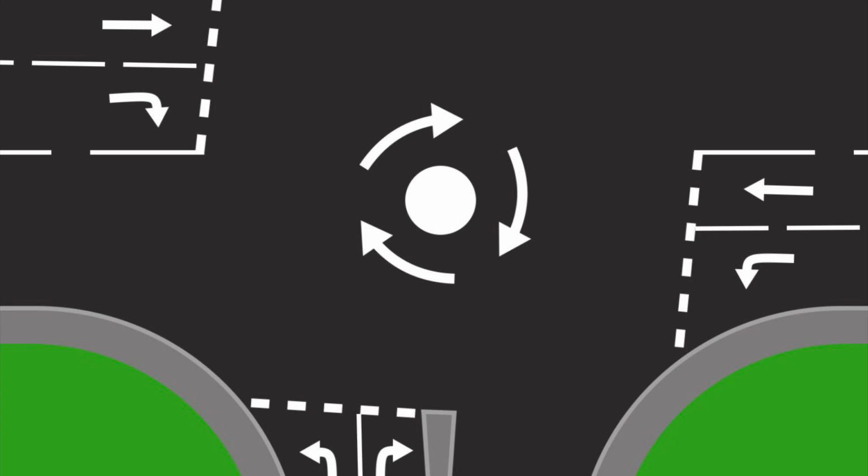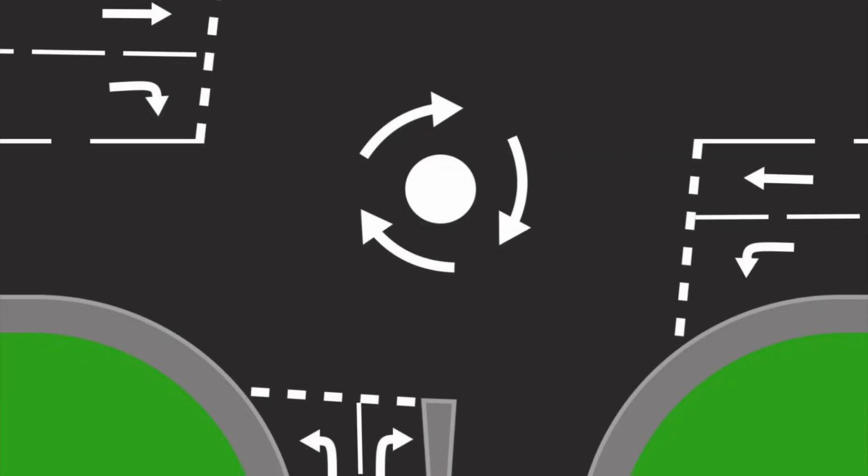Now you can also see from this diagram that on one approach I've got going ahead in the right-hand lane, and on another approach it's going ahead in the left-hand lane. Well, if you look at it logically, if you can only go left at the roundabout or ahead, then obviously the left-hand lane would be for turning left and the right-hand one would be for going ahead. So even if I had no lanes marked out with arrows and I could see that there was only one road to the left